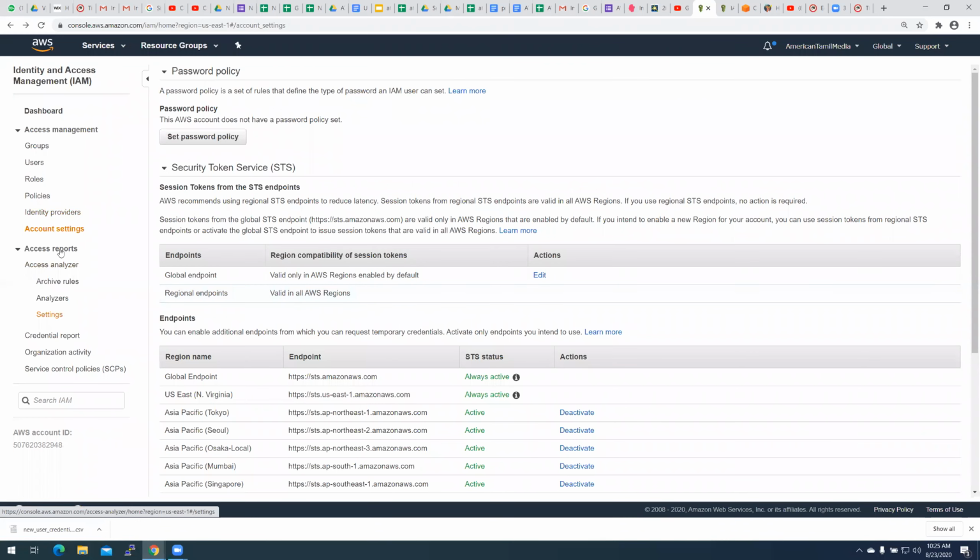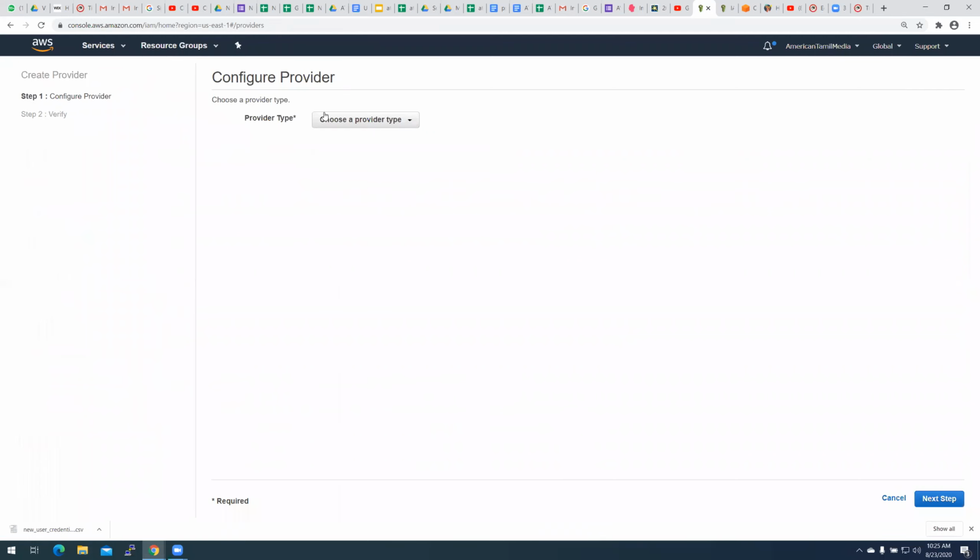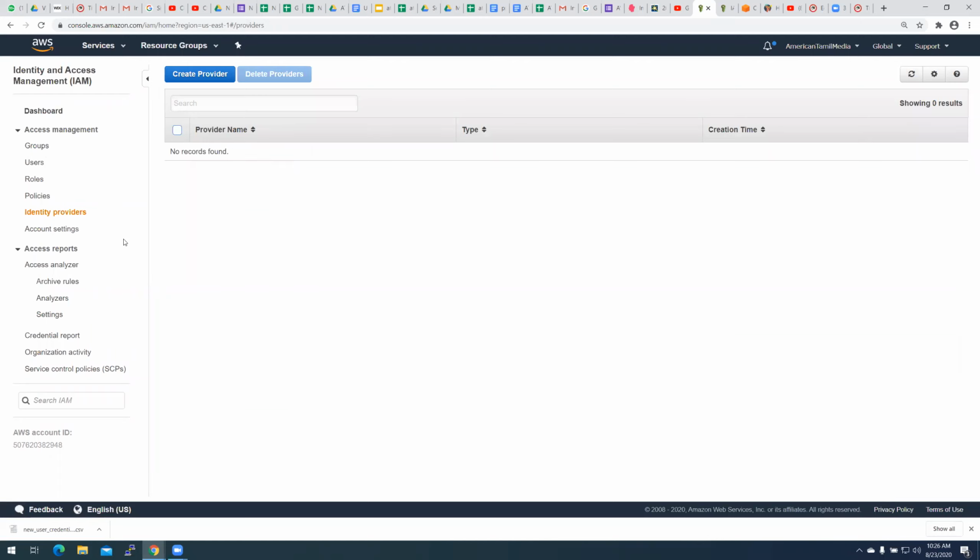And if you want to integrate with other service providers or identity providers, they call it IDP, you can create the record based on SAML type. You are supposed to get a metadata document from the other identity provider and upload that file. Then it'll create the integration between AWS IAM and the other directory providers.